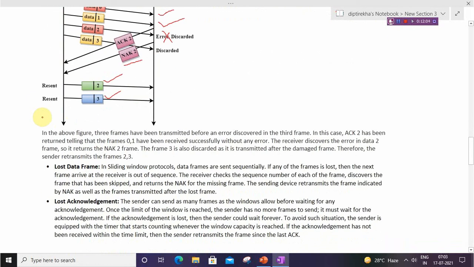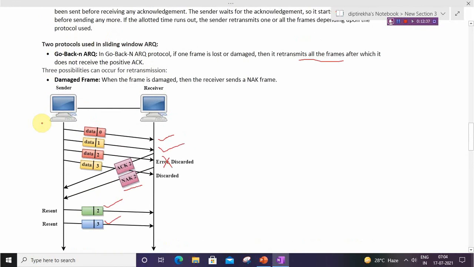If a frame is lost, then the receiver gets a frame out of sequence and again sends a NAK, then again all the frames are retransmitted by the sender. And lastly, if it doesn't get an acknowledgement within the time, then it again retransmits all the frames since the last ACK. So in Go-Back-N ARQ, it sends all the frames after which it doesn't receive the positive ACK.